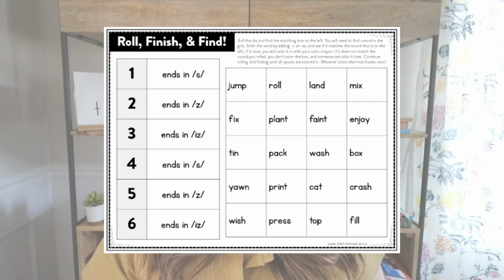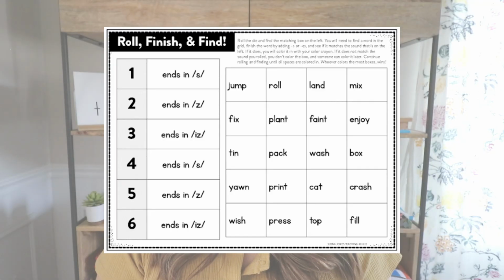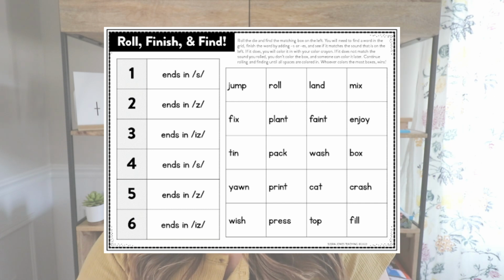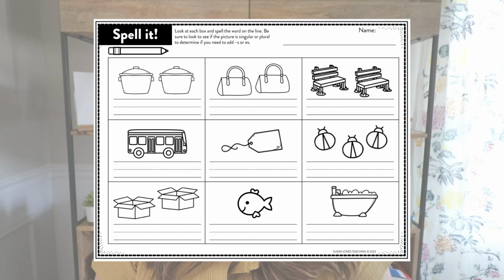And then of course there's all sorts of games that are going to help students practice writing and reading different words with S and ES. I have this roll, read, and sort game where students are going to roll the die. They will have to read the words and then again sort them based on sound. And then we also practice with this type of worksheet right here where students will see both singular and plural nouns, and they'll have to determine is it singular or is it plural, and then based on that they'll have to decide how they're going to spell the word. Here I like it because they have to decide if they need to actually apply that suffix S or ES